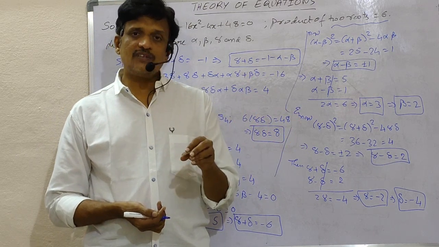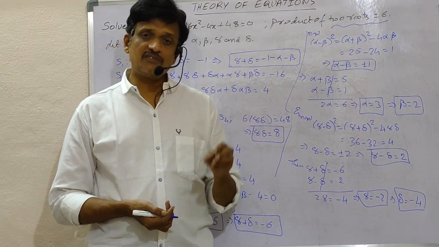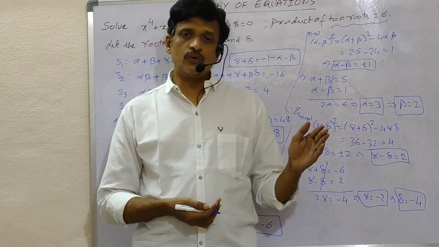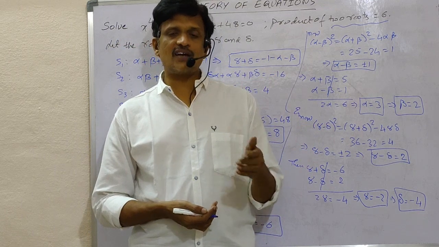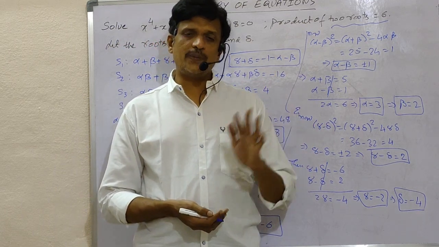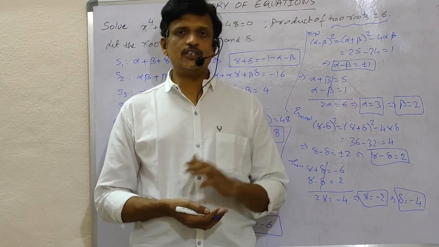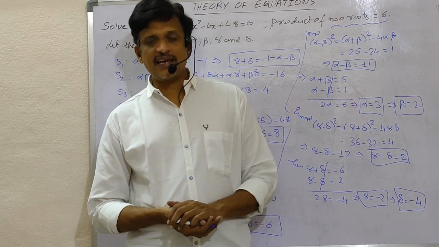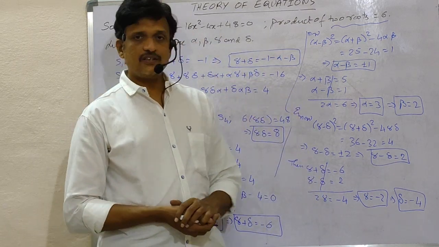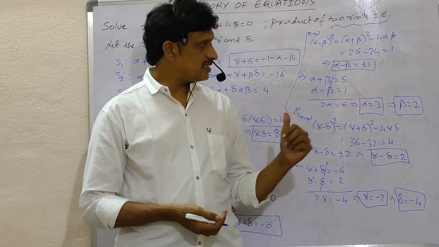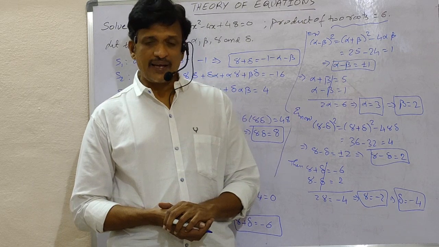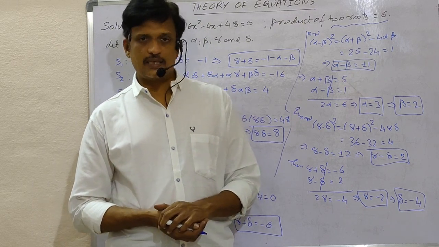Third root means one root of the given cubic polynomial is equal to half of the sum of the other two roots. Means if alpha and beta are two roots, the third root is half of the sum of these two, means half of alpha plus beta. So then the roots are alpha, beta, (alpha plus beta) whole by 2. Like this you can take. Roots are in the ratio 3:2 means let the roots be 3 alpha, 2 alpha and beta. In this way, by considering the given relation, you can calculate the roots. So that is about the solution of the given polynomial when a relation between the roots is given.